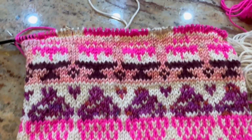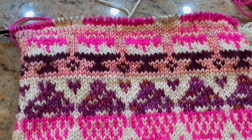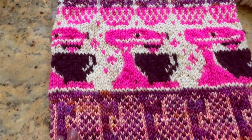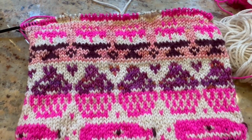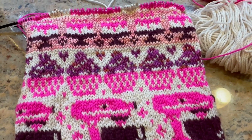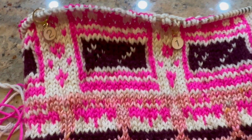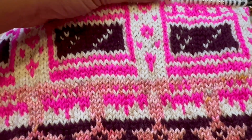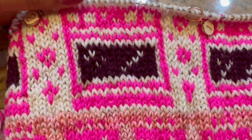So let's see how much I can get done tonight. It is now 9 o'clock. I am giving myself until midnight, and then I'm going to turn it in for the night. I'm going to maybe watch a movie and get this going. So I will give you an update pretty soon, in about 3 hours. Let's go. Hey everyone, so it is about 3.5 hours later, a little past midnight, and I have here some